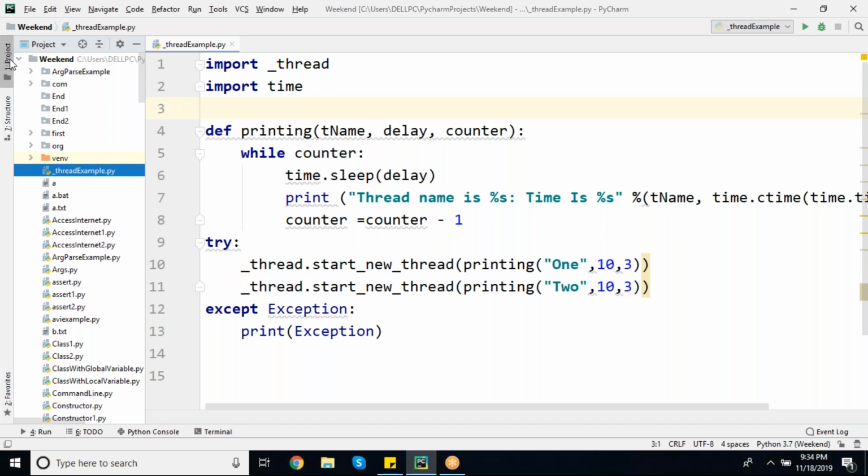Next, write down about sleep. This is a life cycle method which is meant for suspending the thread for a number of milliseconds based on the parameters passed to the function.